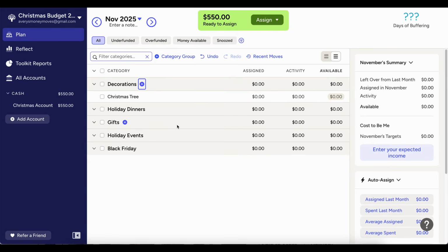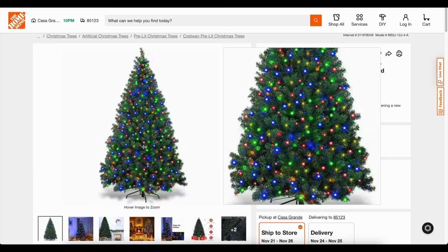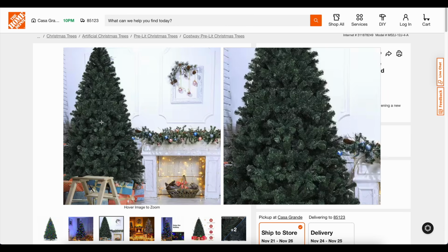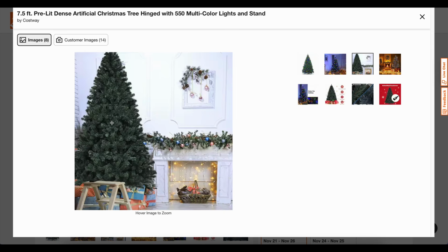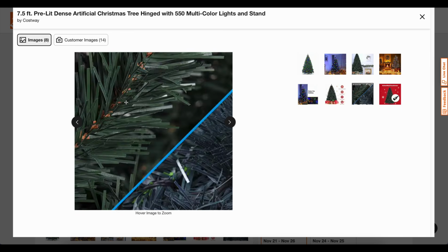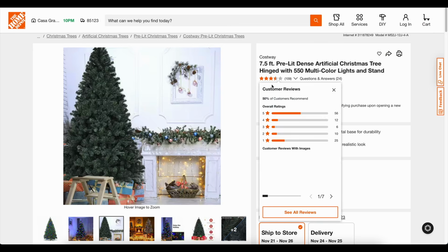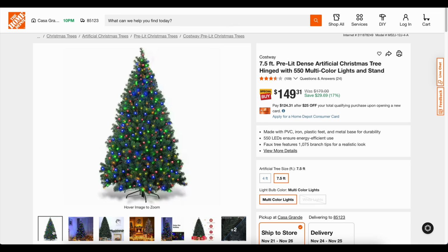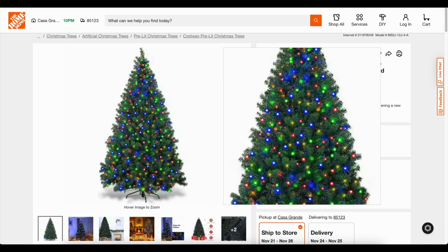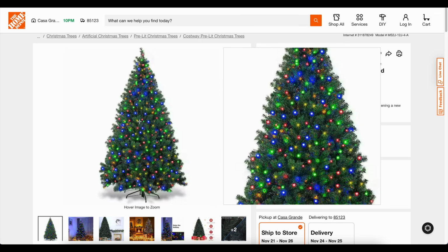I also looked at Home Depot, and I think Home Depot is the store I'm probably going to go with. I just want to go look in person and make sure they actually have it near me. But this is kind of the style that I like. I kind of like this look. I feel like I'm not explaining this very well, but this on the left is kind of my style. I also like about 7.5 feet, which is a good height for the places I've lived in. And then I like the multicolored lights, although I wonder what this looks like in person, because it feels like in this mock-up there's a lot of blue in here.